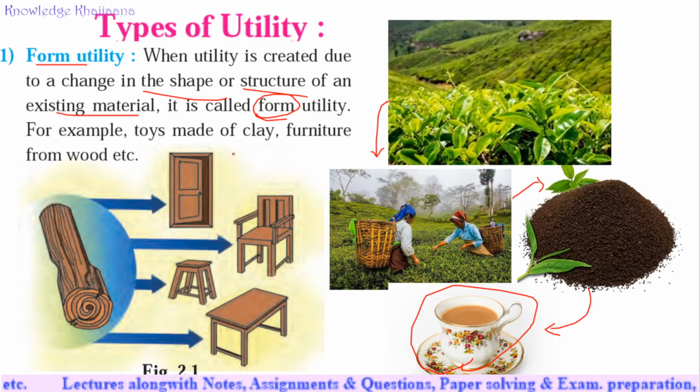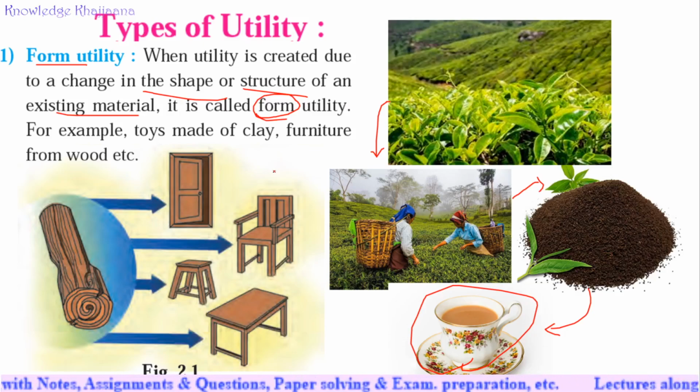See, we give the cloth to the tailor for sewing the dress, right? So, what changes? The form of the cloth changes into a dress. See, chapati, which is made from the wheat, is also changing its form. Another example, when the raw material is converted into finished products, its form changes. So it gives form utility. Simply, it is very easy to understand. When raw material is converted into finished products, its form changes. It gives the form utility.